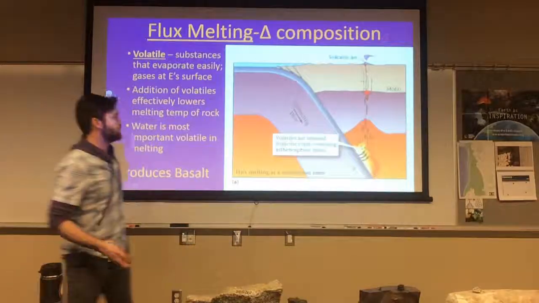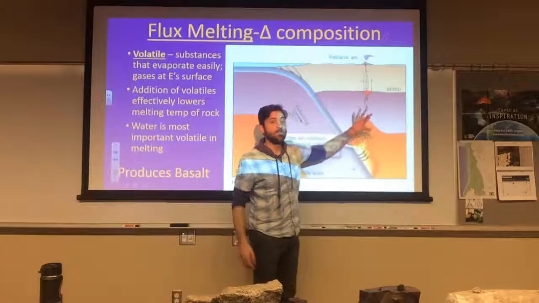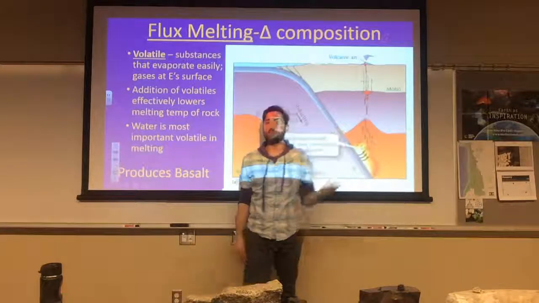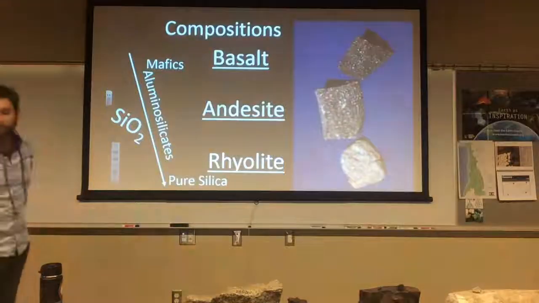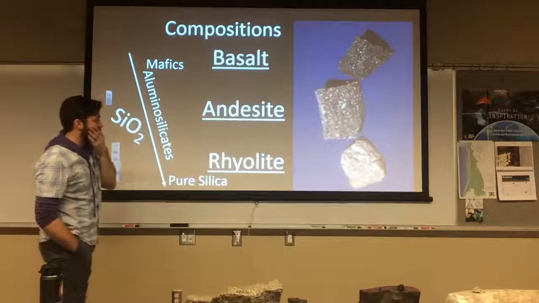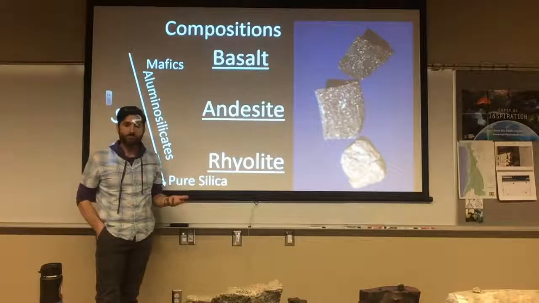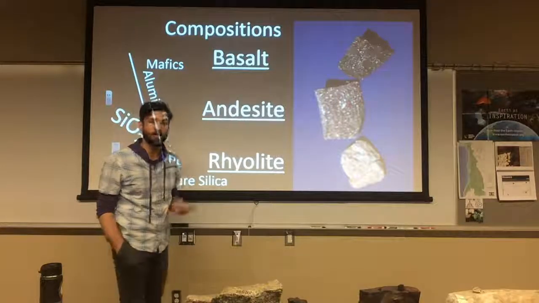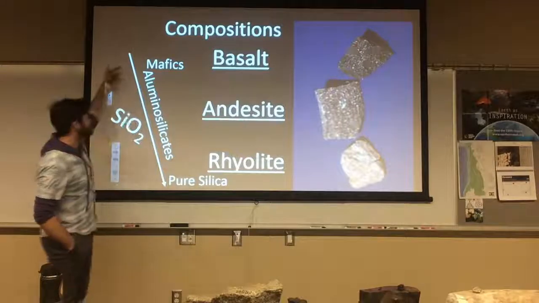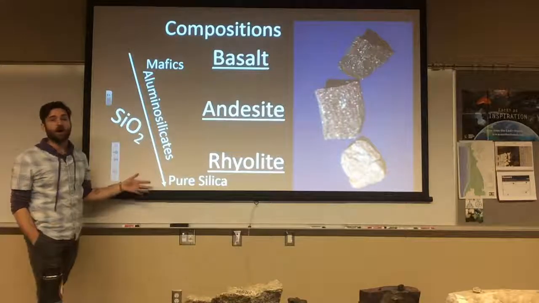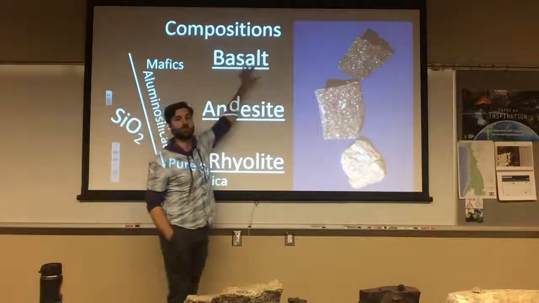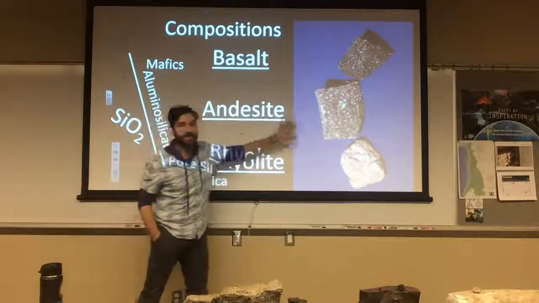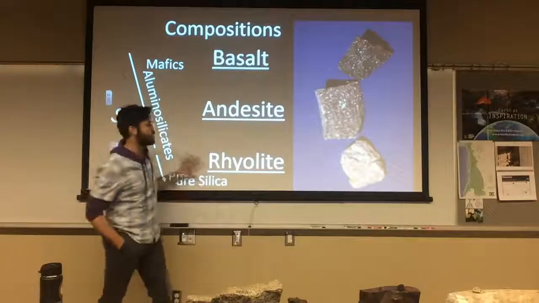Okay? This volcanism produces basalt initially, but as that basalt undergoes magma differentiation processes, it may get more silicic through time. So here are our varieties of volcanic rocks, or the types of rocks that could potentially come out of volcanoes. If we go collect rocks around a volcano, these are the types of rocks that we see in increasing amount of silicon dioxide. First of all, here are those basalts. They're dark in color. Add a little bit more silicon dioxide, you have andesites. Add a little bit more silicon dioxide, you have rhyolites.